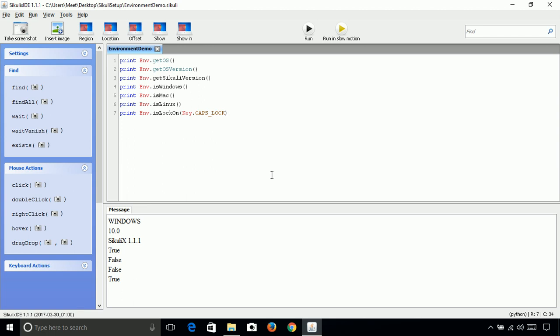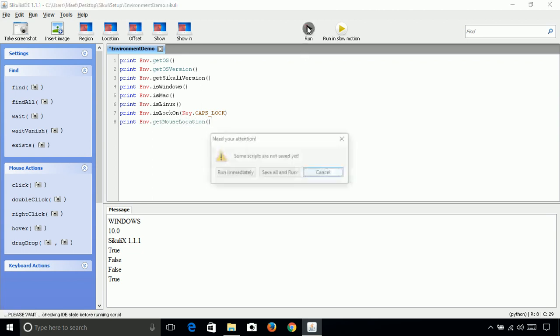So this also we can use in scripts, that if the user has caps lock on, then we have to take the necessary steps, and if it is not on, then we have to take some other steps. So this also we can use in our Sikuli scripts for coding. Now if you want to know the mouse location, then you can use this method, that is getMouseLocation, and it will give us the location offset of the mouse.